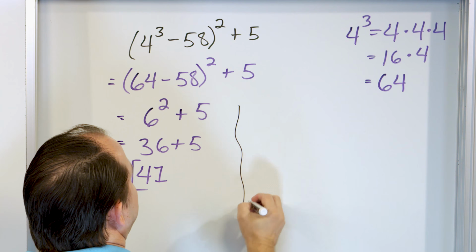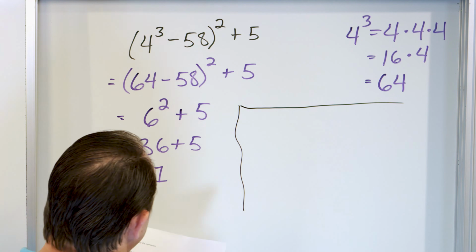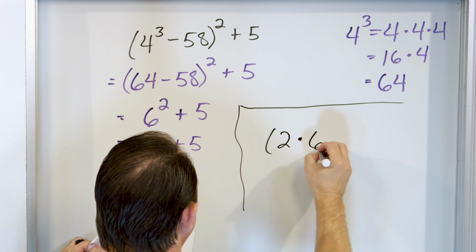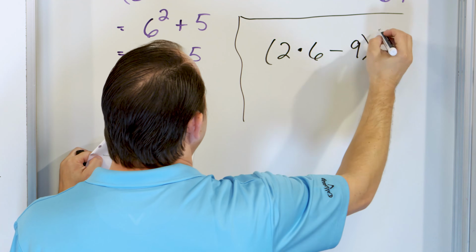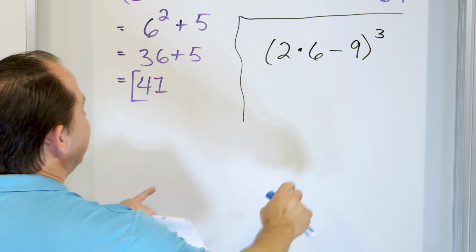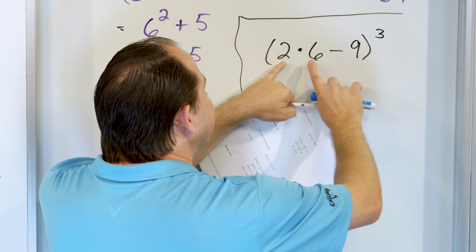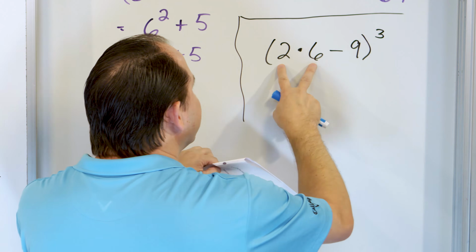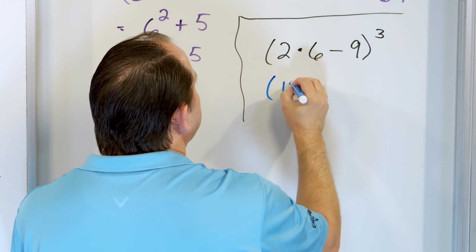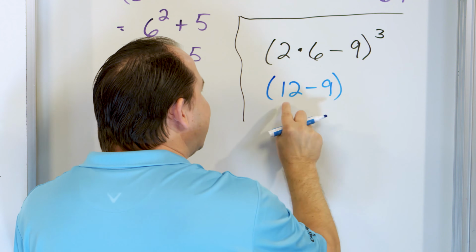All right, hang on with me. We only have 2 more, almost done. These are not too bad. What about 2 times 6 minus 9, all raised to the power of 3? So again, I have parentheses. I have to do what's inside, but inside my choices are multiplication or subtraction. Multiplication always comes first. 2 times 6 is 12, but that minus 9 is there, and I keep the parentheses